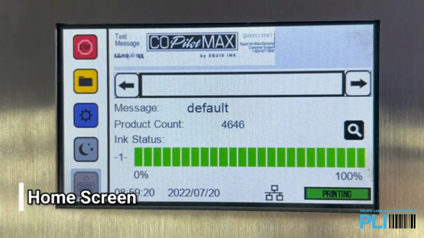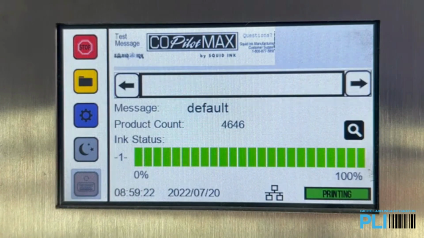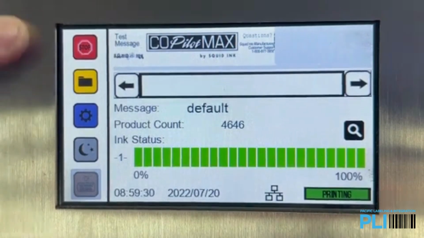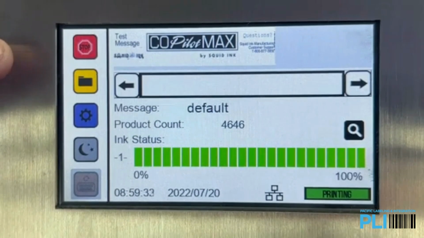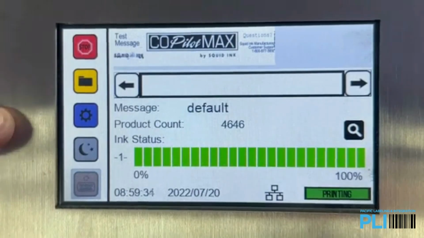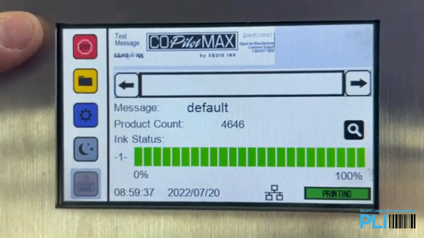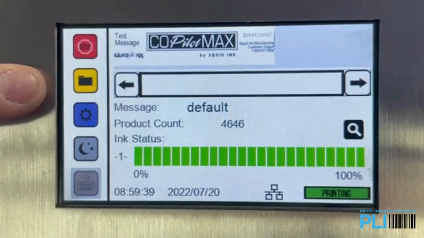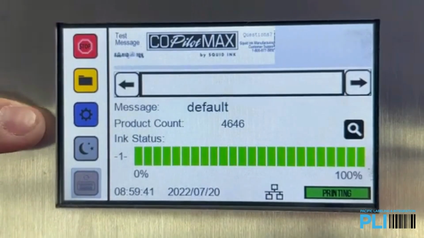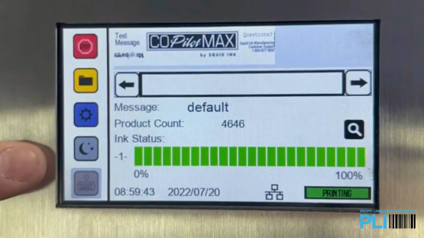What you're looking at right now on your screen is the home screen after the controller has been booted up. Let's go ahead and take a look at what we're looking at. On the left-hand side, what you're going to see are the different options for different menus that we have. We have start and stop for our print, our messages screen, our settings screen, and then a sleep mode for